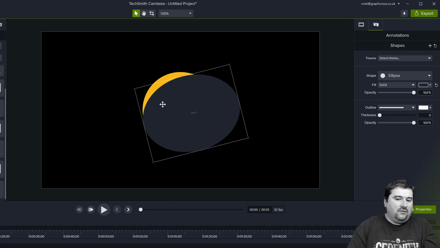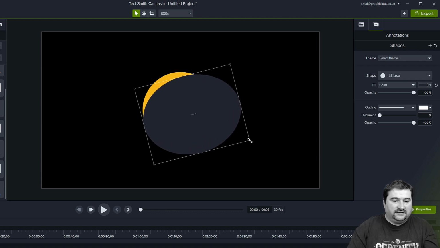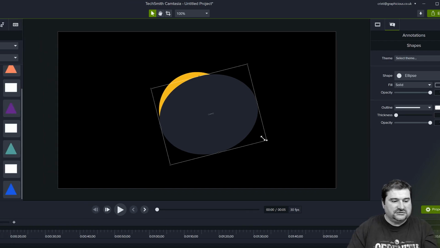But okay, how am I actually going to achieve the effect I want? Because if I scale this, I actually have two shapes. So what I want to do is use the medium matte effect. I'm going to apply the medium matte effect on the dark ellipse, and I'm going to use alpha invert to cut out this shape from the shape in the bottom. Let me show you what I mean.